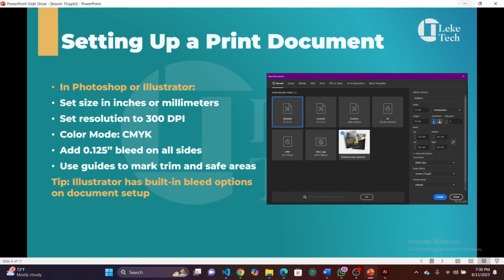Setting up a print document. The way you set up a print document is the exact same way you set up any document, but there are some key things you have to adjust. The same process goes for Photoshop and Illustrator. You set the size in inches or millimeters, set your resolution to 300 dpi, color mode to CMYK,